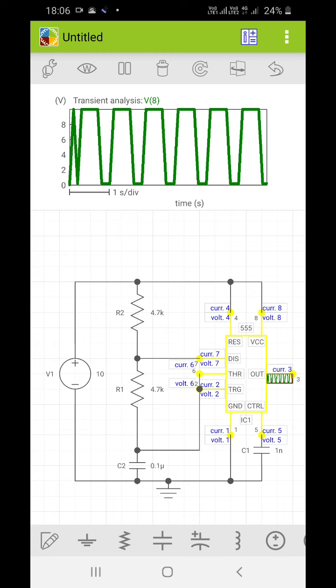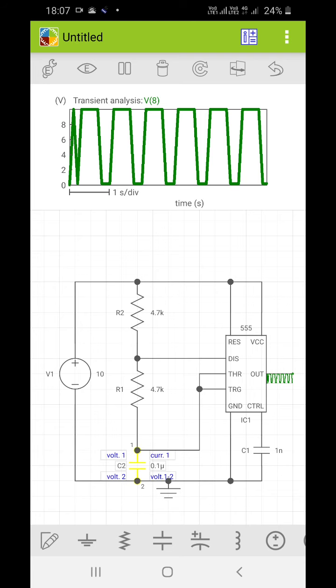You can change the width of this square wave by changing the value of these resistances. Here you can change the value to another value. Instead of 4.7k, you can change the value, and you can change this capacitor also, and accordingly you will be able to change the width and duty cycle of your output waveform.